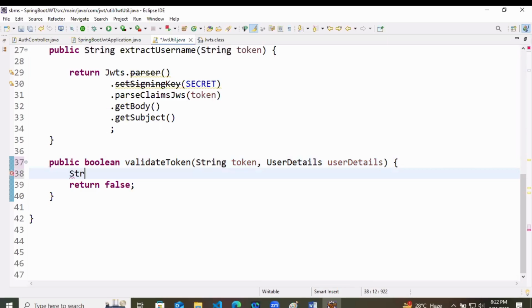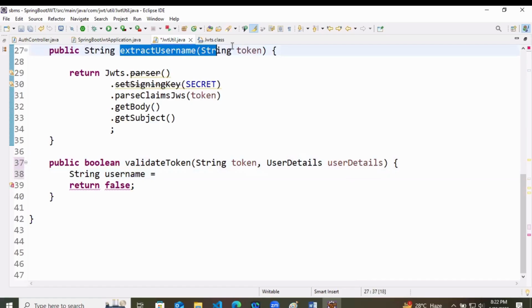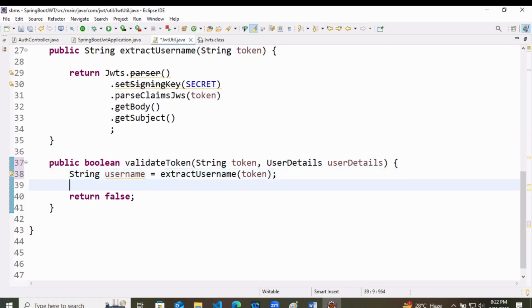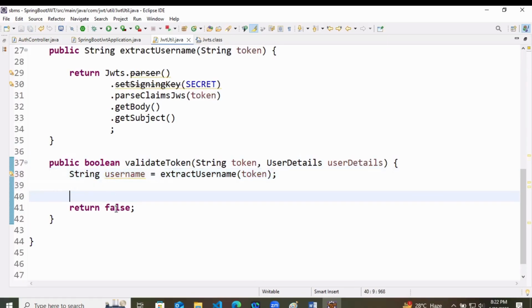So here I will say string username equals extract username. I will use the same method that I just created. To it I will provide the token, and now we have to return a boolean value.